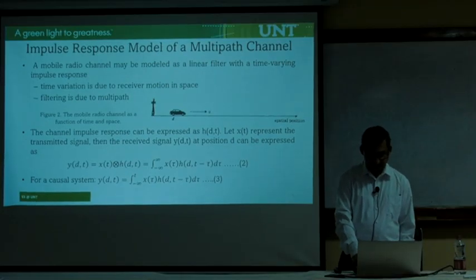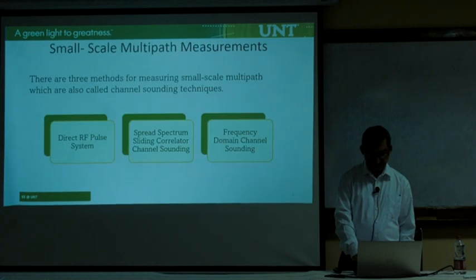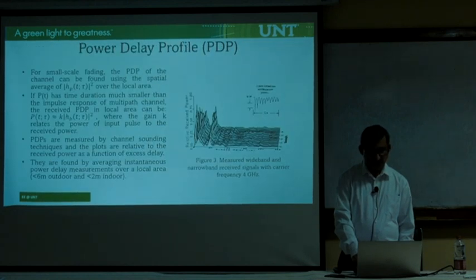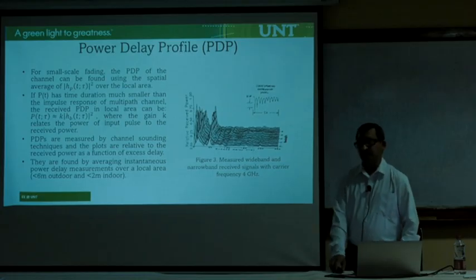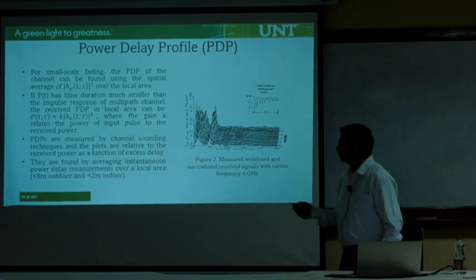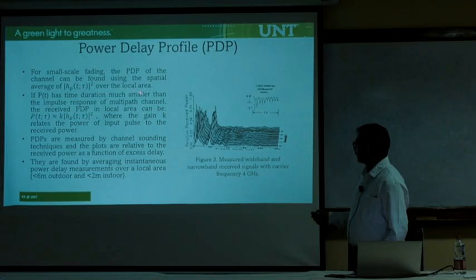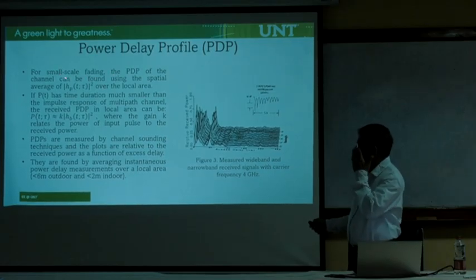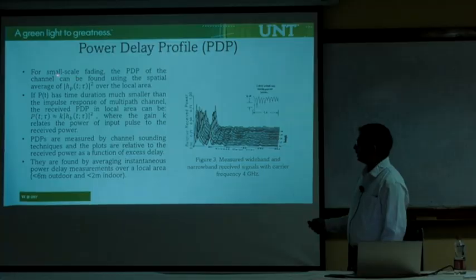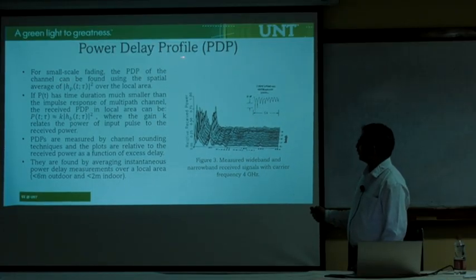All right. So one of the metrics that we need to work on is something called power delay profile. What do you mean by power delay profile? It addresses the small scale fading, and of course also the distance too, but more primarily it addresses the small scale fading. So the PDP of a channel, or power delay profile of a channel, is found by using the spatial average of